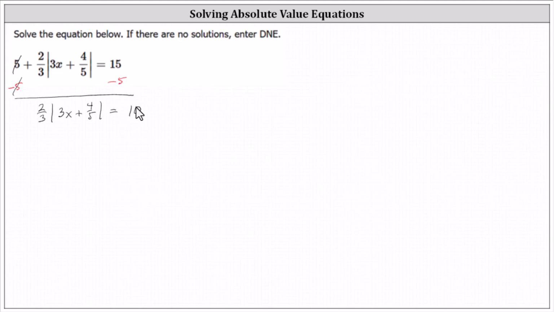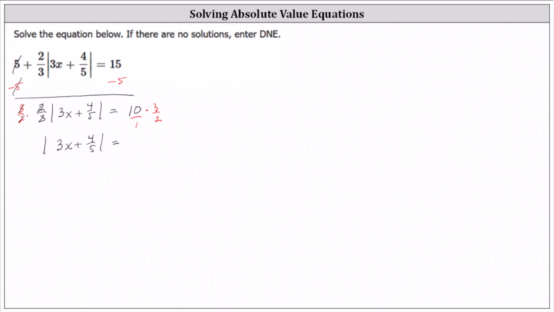Next, the 2/3 is attached to the absolute value by multiplication, so we're probably thinking we should divide both sides by 2/3, which is correct, but instead of dividing by 2/3, we will multiply by the reciprocal of 3/2. And let's write 10 as a fraction with the denominator of 1. On the left, 3/2 times 2/3 equals 1. We now have the absolute value of the quantity 3x plus 4/5